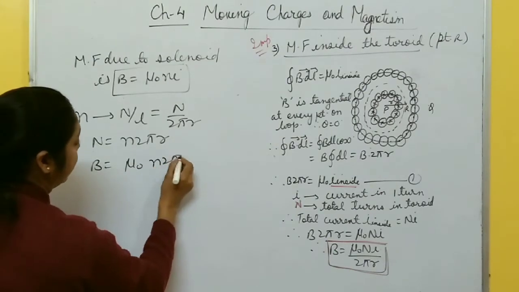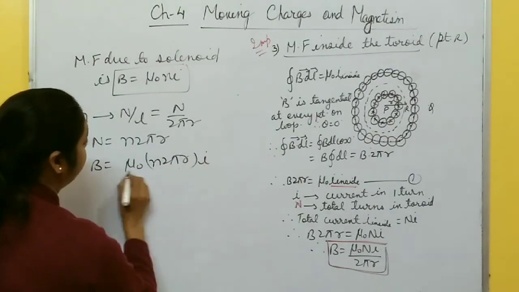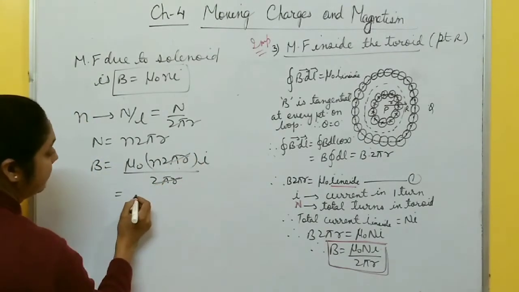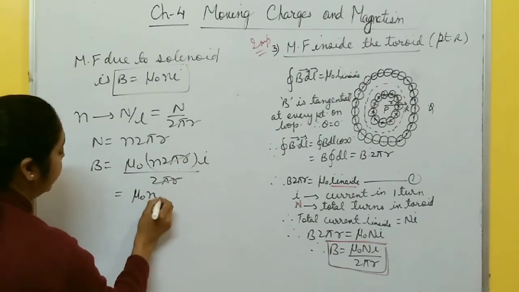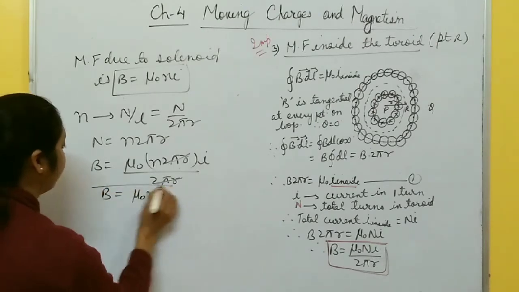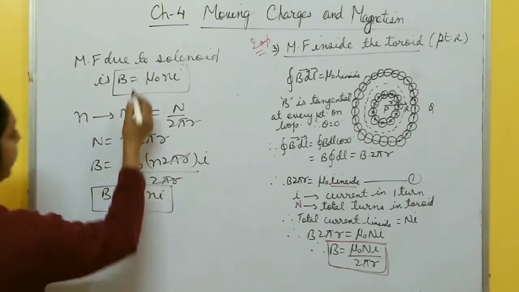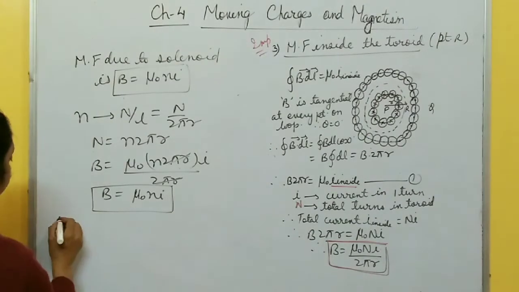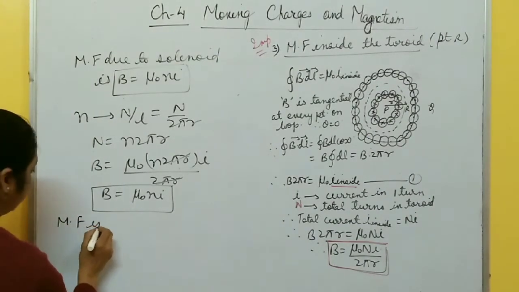N 2 pi r. I by 2 pi r. This 2 pi r to pi r cancel. It becomes mu naught N i. It means magnetic field due to toroid and magnetic field due to solenoid have equal magnitude. Both are same. So you have to write magnetic field inside